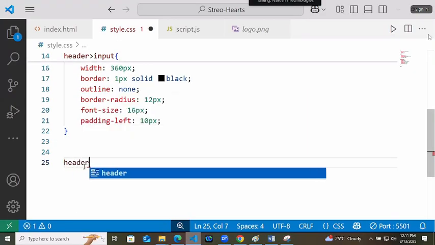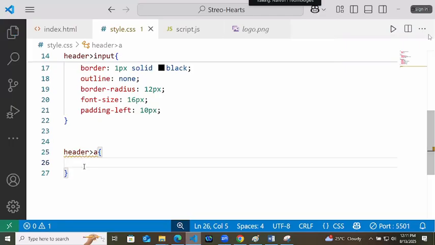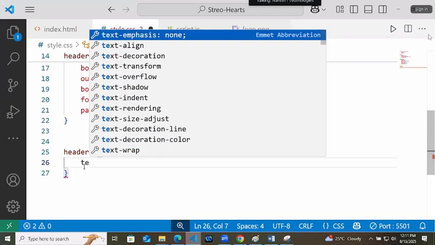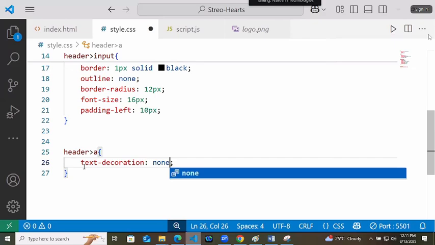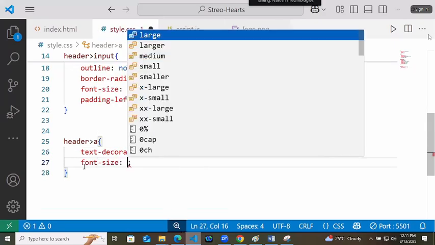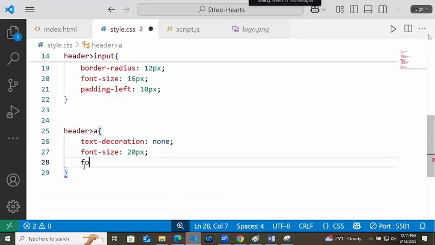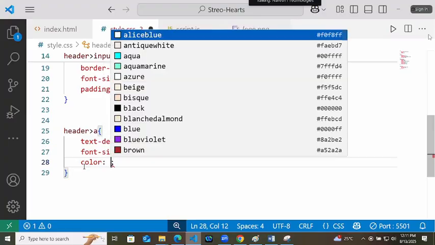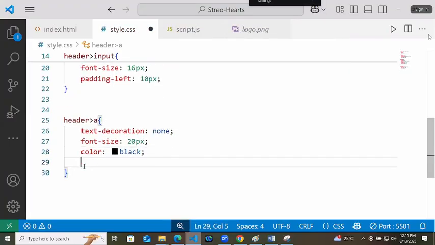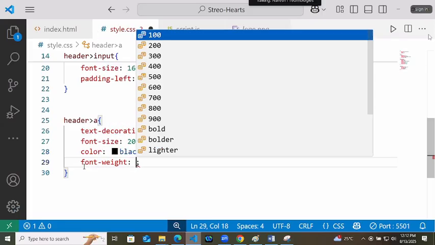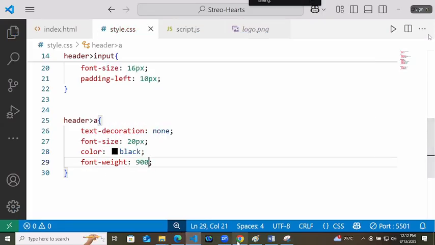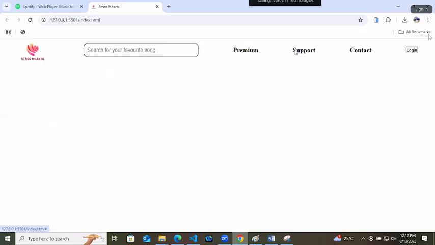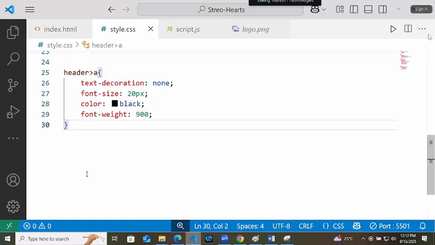So header child anchor tag. They have a underline text decoration none. Their font size 20 pixel, font color or simple color as black, font weight is 900, premium support and contact.